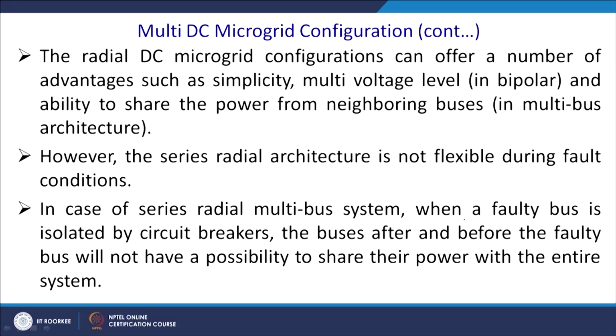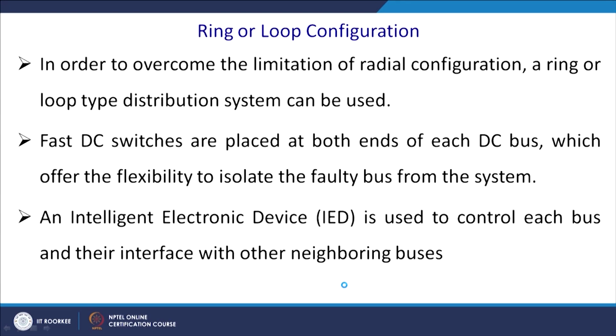In case of the series radial multibus system, when a faulty bus is isolated by a circuit breaker, the buses after and before the fault bus will not have a possibility to share the power with the entire system, and thus it is very much vulnerable to a single fault. For this reason, we are going for the parallel loop. Now, we are going for the ring or the loop configuration,